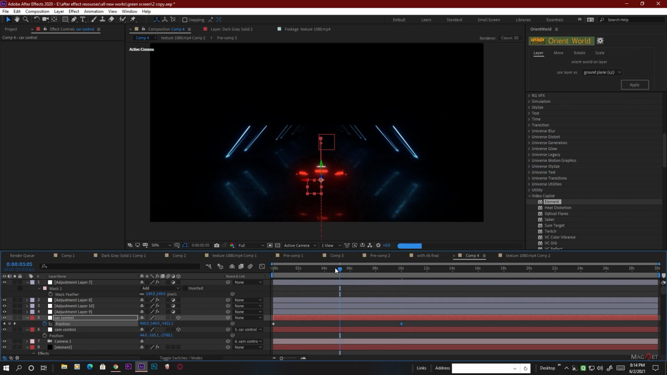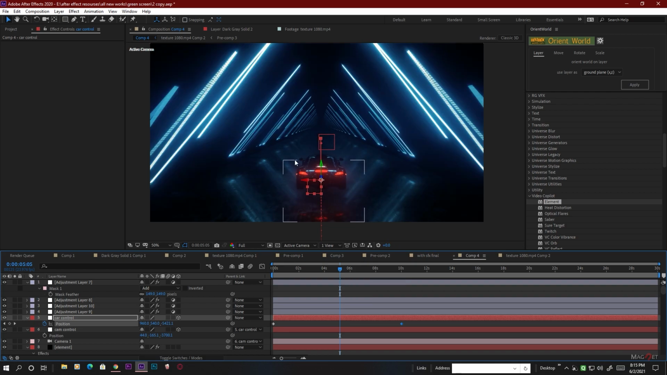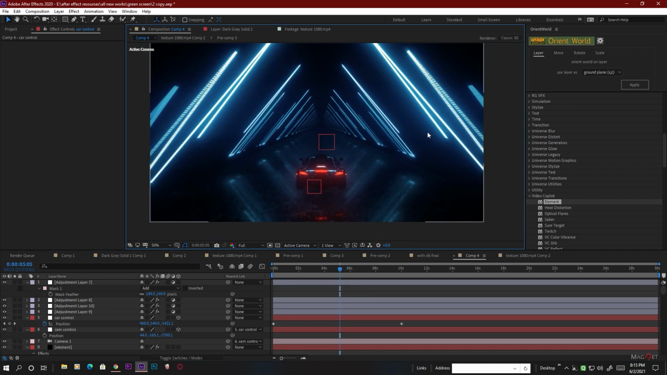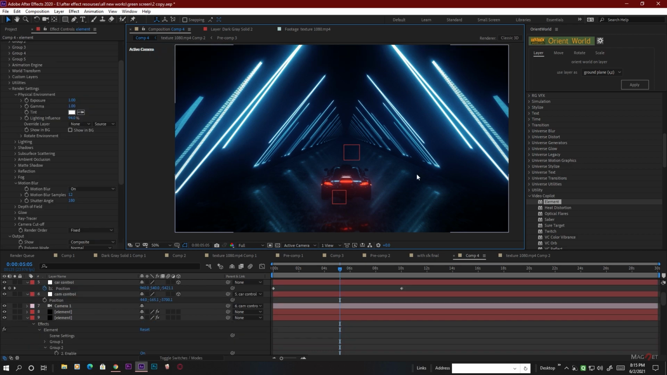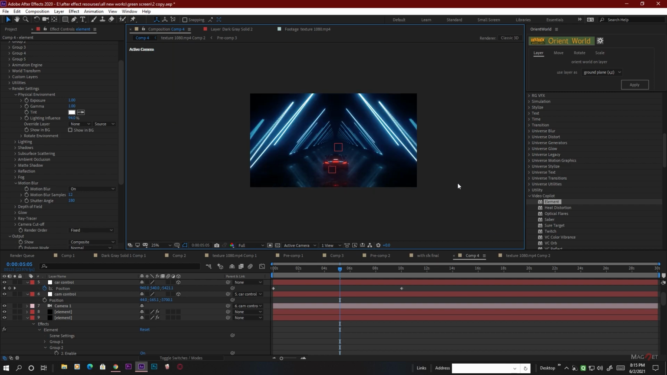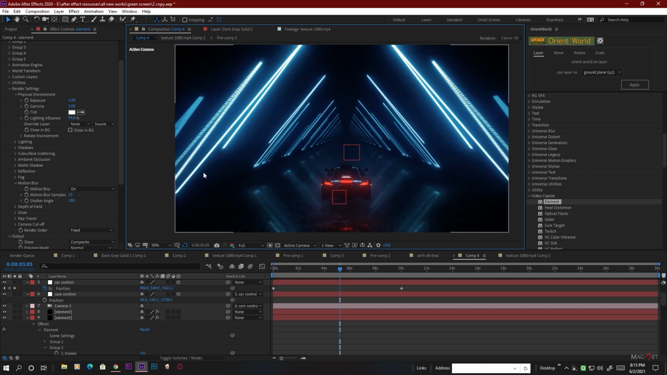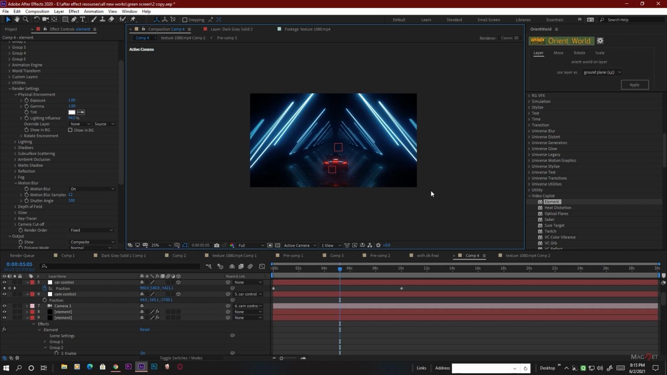So if we go here, you will see this looks amazing. I hope you like this, and I am also giving this texture in the description link, so you can download it from there. But if you want, you can design your own by using the Saber plugin from VIDEOCOPILOT. This is a very cool plugin for Element 3D, and I think this is a very simple trick, but this